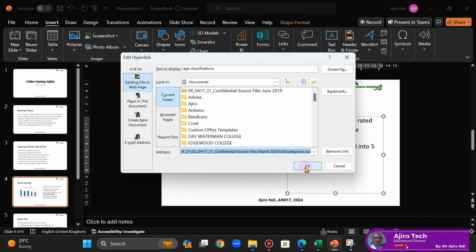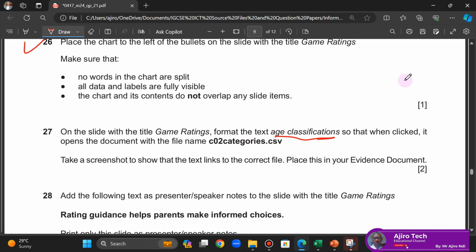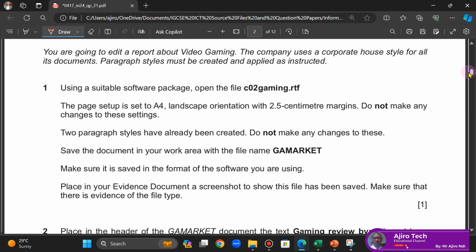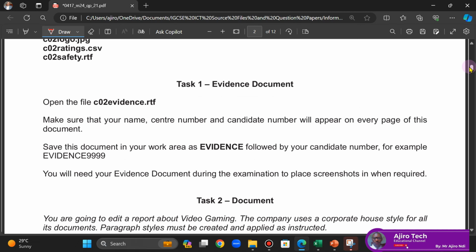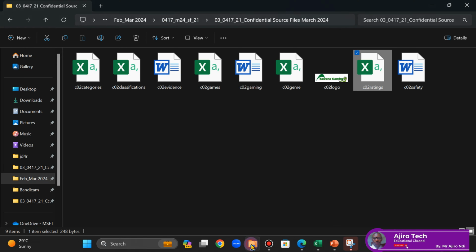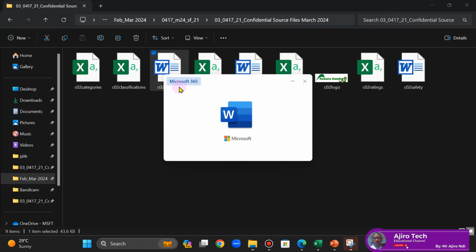Okay, so I'll click on what? Okay, so now I'm going to scroll down to my evidence document quickly. Scroll down to my evidence document and just paste it there. So this CO2 evidence, open it, CO2 evidence,